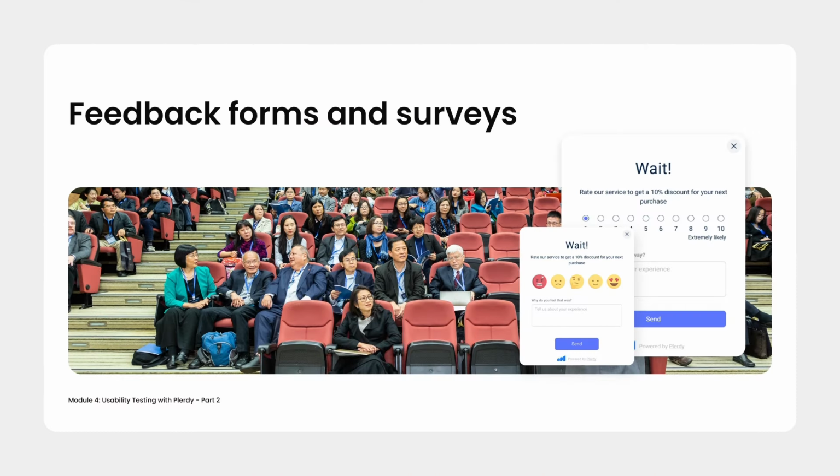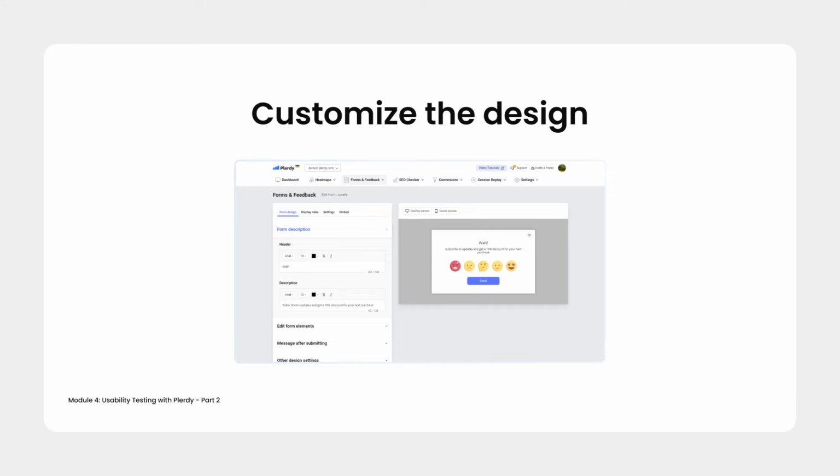Feedback forms and surveys. These forms are designed to gather user feedback on your website and understand their thoughts about your site. Feedback forms allow users to rate their experience with emojis, while surveys let you ask more specific questions with multiple choice answers. You can measure customer satisfaction, effort, and net promoter scores with these forms. When setting up these forms, it's essential to customize the design and define display rules that determine when and where